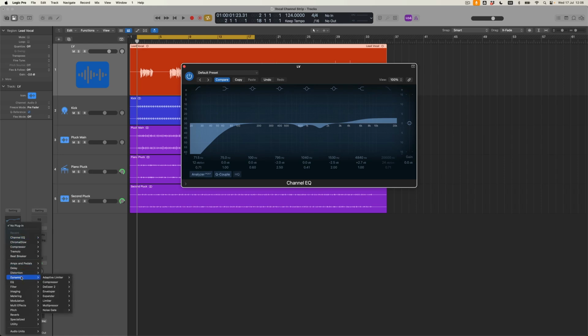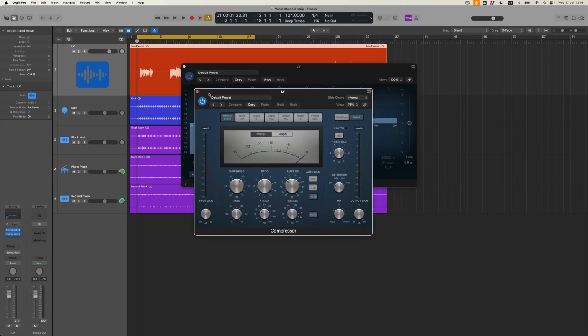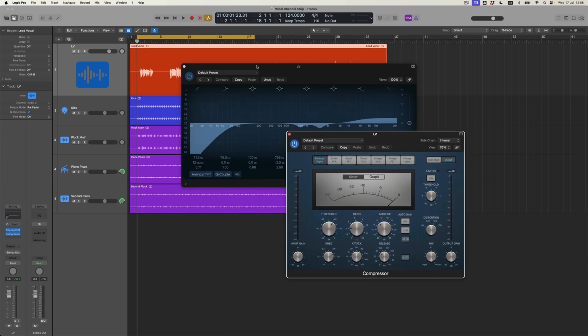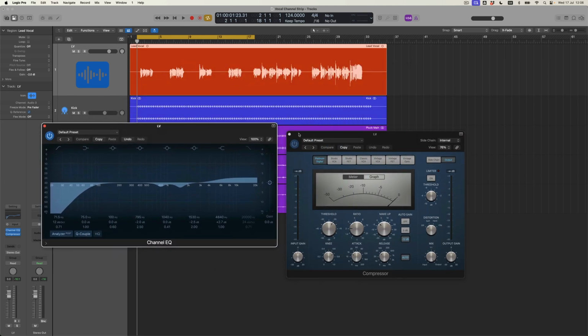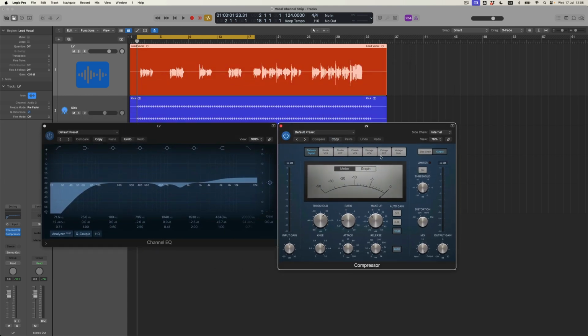Okay, let's move on to compression. I'm going to find that in the dynamics folder. And as we know, having made videos about compression before, effectively what this allows us to do is to firstly choose the type of compressor that we want to work with. There are a number of different algorithms here. By default, you'll see Logic's Platinum Digital, quite a transparent sounding compressor, but